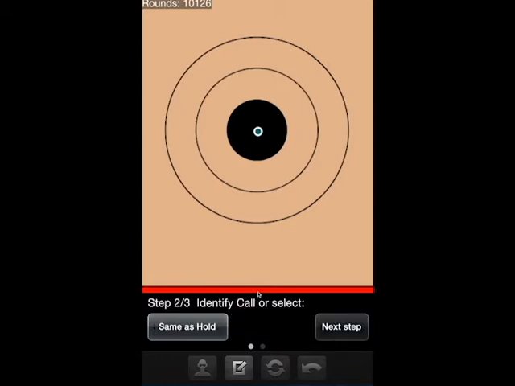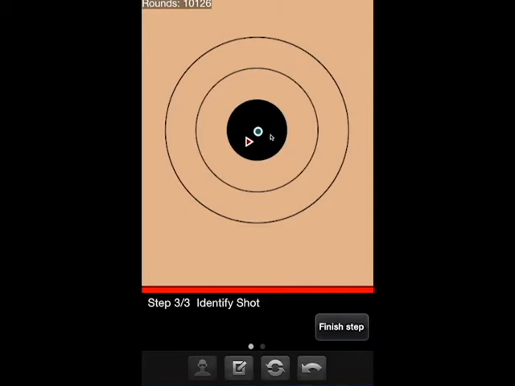In this instance, when we plotted our call, let's imagine we were aiming at the target. Our front sight post was shifting from left to right slightly, a little bit up and down, and at the moment that it went off, bang! The last place you saw your front sight post was to the bottom left of where you wanted it to be. The next step is to plot the shot. Once the pits identifies where your shot impacted,